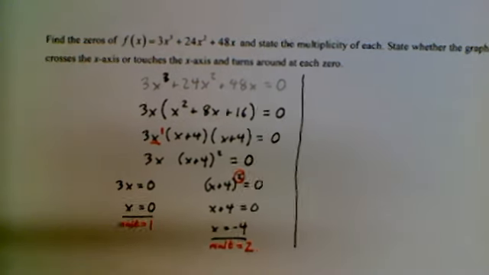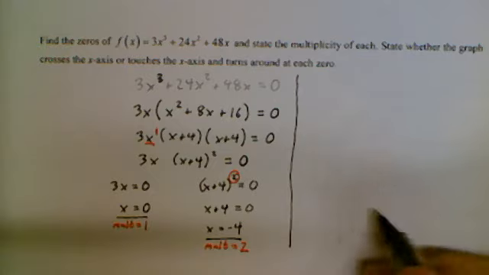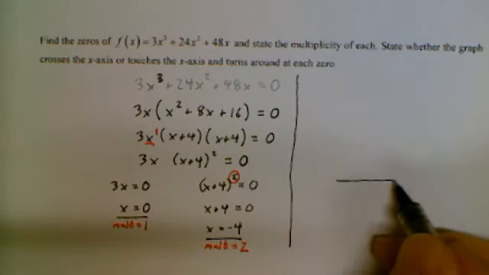Now when it comes to the graph, we can determine its behavior by looking at the multiplicity. At 0, the multiplicity is 1, which means that the graph is going to cross the x-axis. On the other hand, at negative 4, the multiplicity is 2, which means that the graph will touch the x-axis and turn around. So just to get a feeling for what this graph looks like,